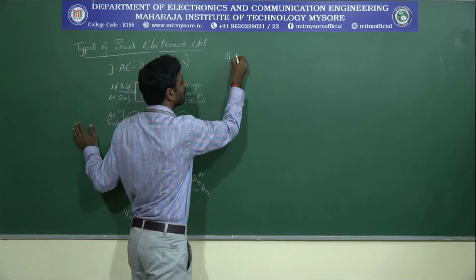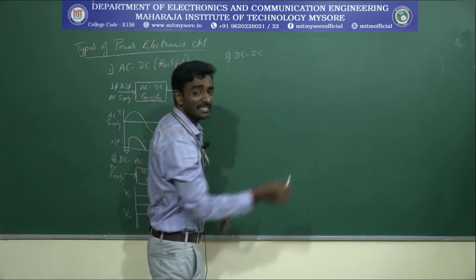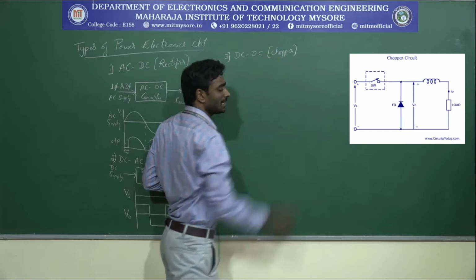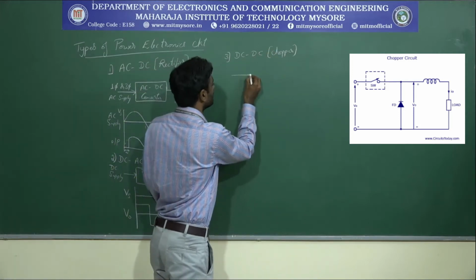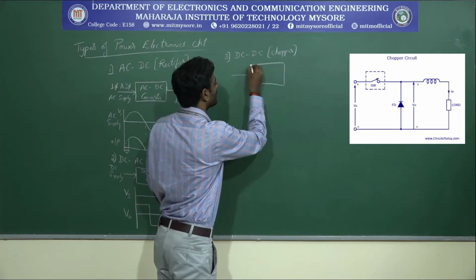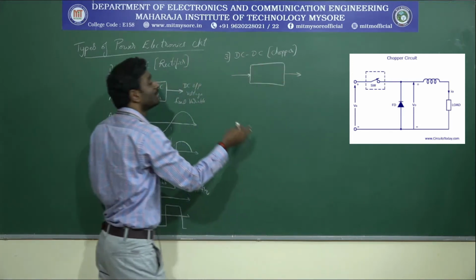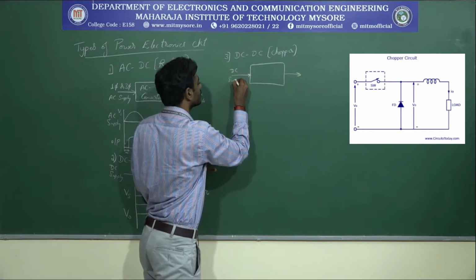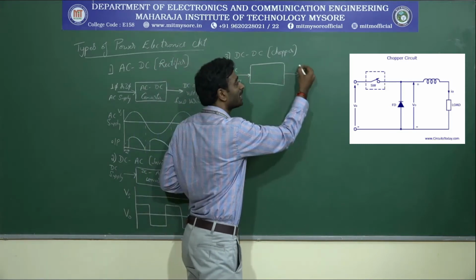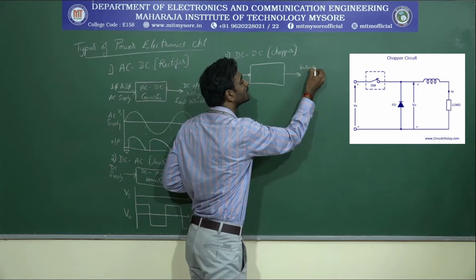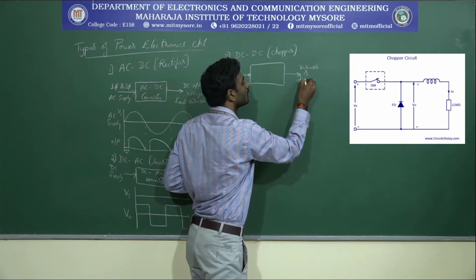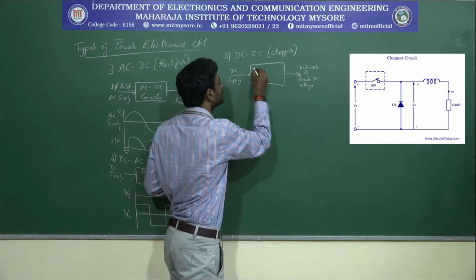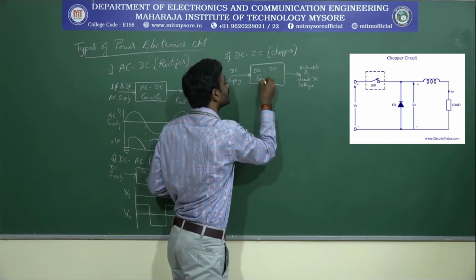The third one, I will consider DC to DC, where the DC to DC will be called a chopper. So if you consider choppers, I will take an input where I will have a chopper circuit which converts the output as required for the application. The input is nothing but a DC supply. Here the output is also a DC supply, but it will be a variable or a fixed DC voltage. For this circuit, I will be using a DC to DC converter circuit.